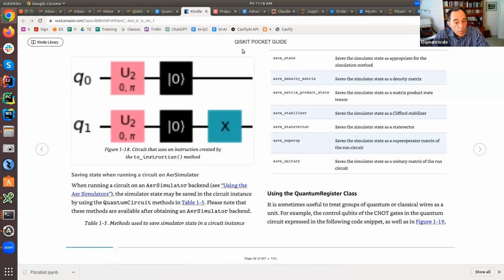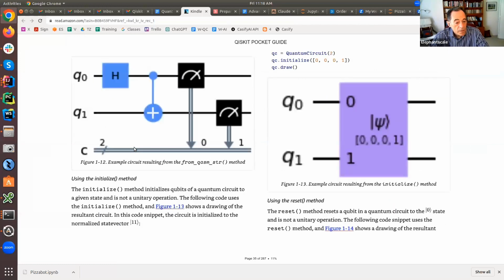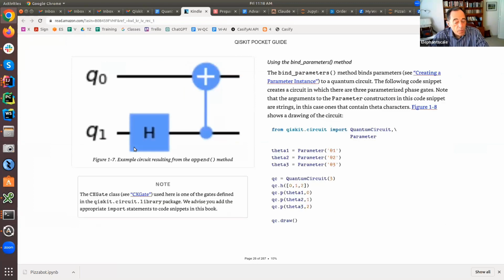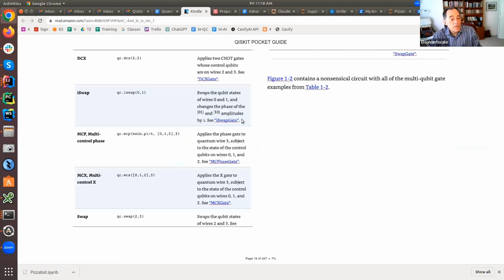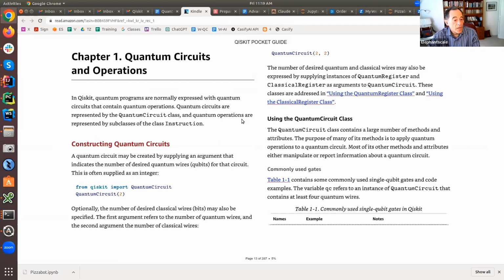It is called Qiskit Pocket Guide. That is Amazon Reader, it's Kindle. I found that book better than just going through the explanations and labs, because in the very beginning, he states, well, guys, you need to understand something. You cannot just go through mechanics. Yes, that's how you create them, but you really need to know a little bit. And that's the first chapter.